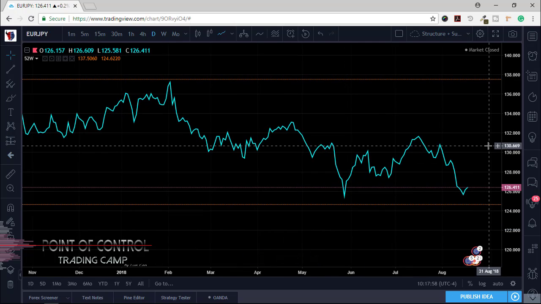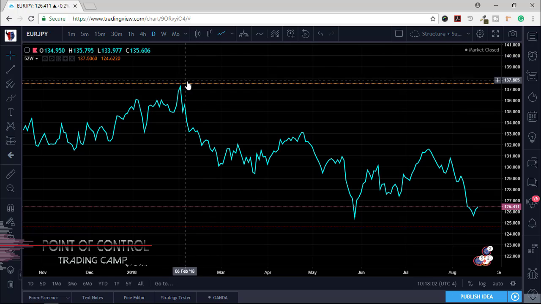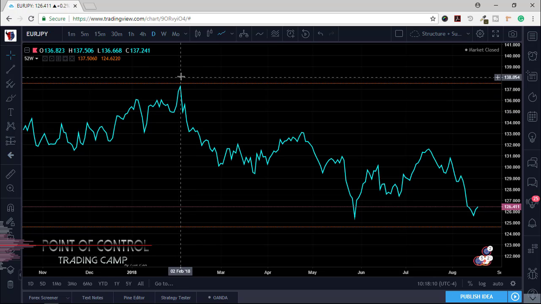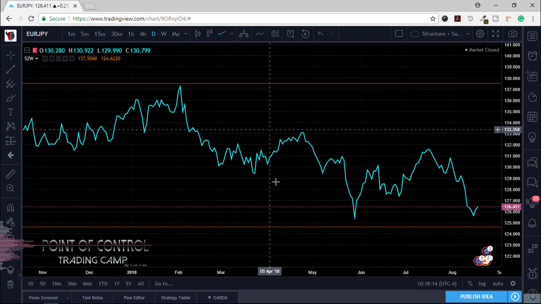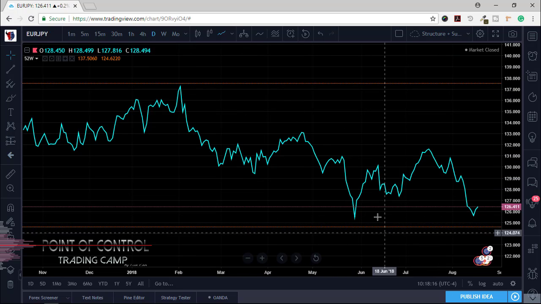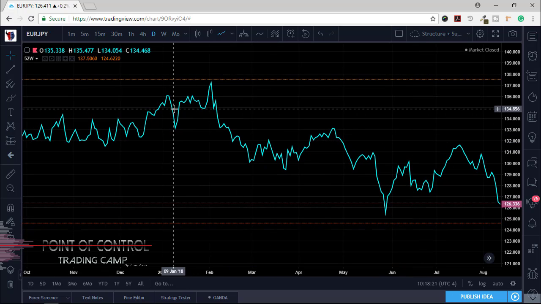This is important because traders all over the world look for these points to set limit orders, whether on the short side or on the long side, after the price hits a 52-week high or a 52-week low. So knowing this, it's already giving you a huge advantage over someone who is a new trader and doesn't understand the 52-week high or 52-week low.